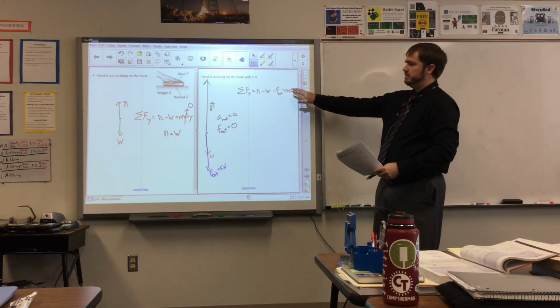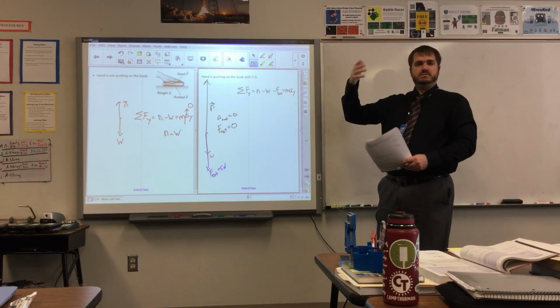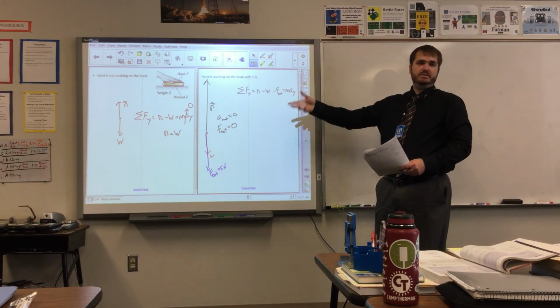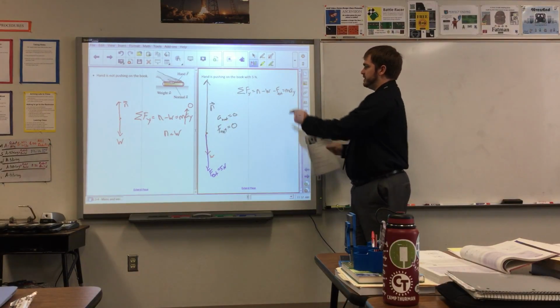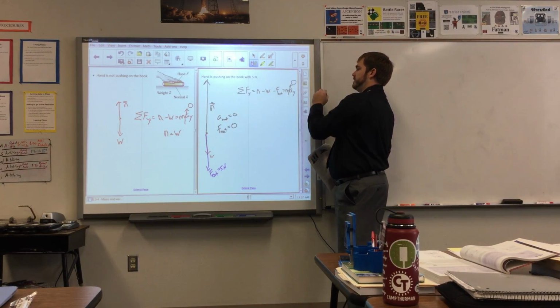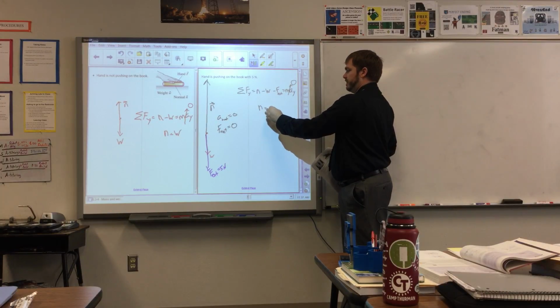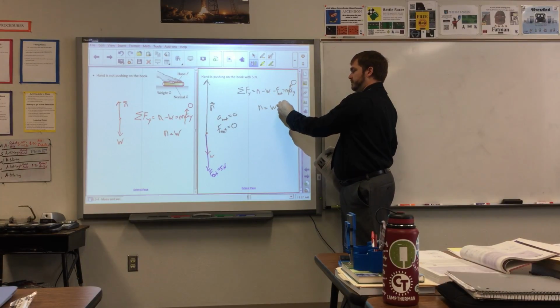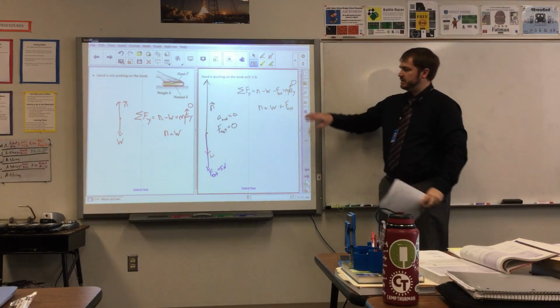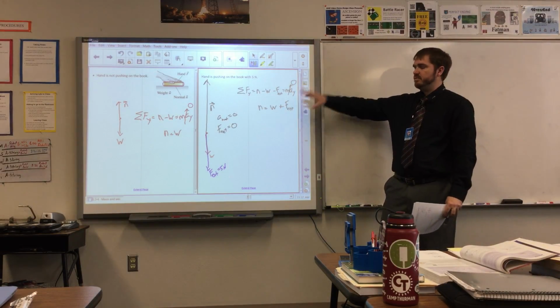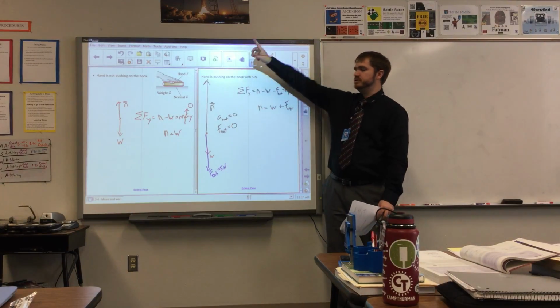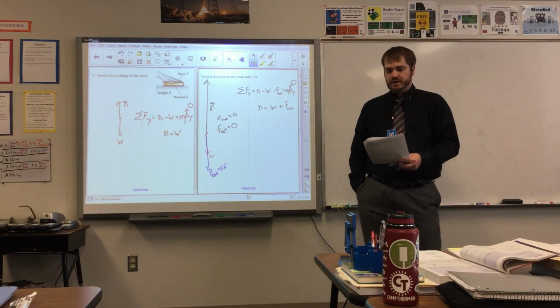Now in this case, what's acceleration in the y? We already said it was 0 based on observation there. So therefore the normal force equals the weight force plus the external force. So this is the algebraic symbols of what we kind of reasoned out when we drew that normal force higher.